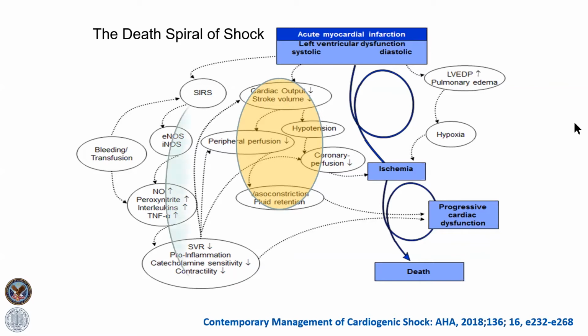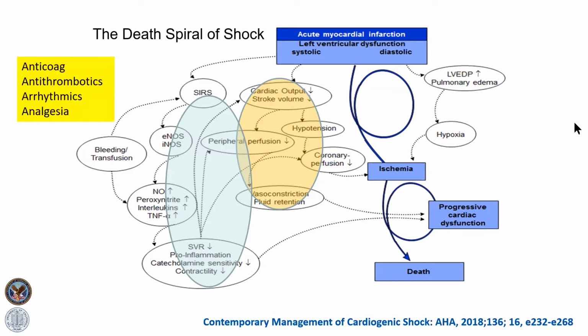At the same time these processes are going on, there is a systemic inflammatory response characterized on the left around the blue circle there, in which nitric oxide synthetase is impaired. There's an increase in the nitrates, TNF alpha, and a number of other factors which act to lower systemic vascular resistance, the opposite of what we want to do to preserve blood pressure. The pro-inflammatory moieties circulate, catecholamine sensitivity is decreased, and further contractility is decreased. And that brings us over to the